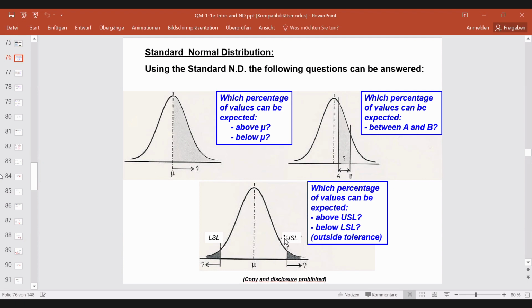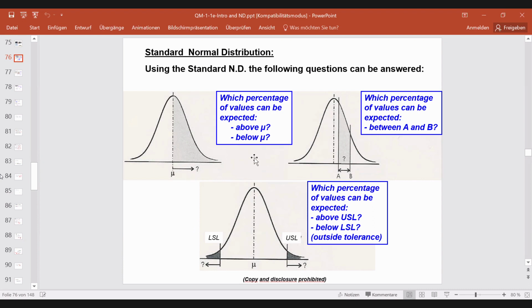This is the upper specification limit, the upper tolerance limit, and here this is the lower specification limit. And between these two limits, the measurements must be. This is the tolerance. And now you can